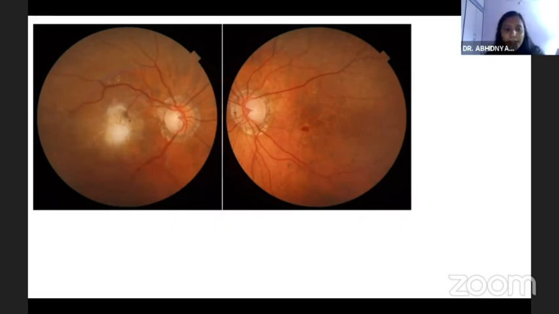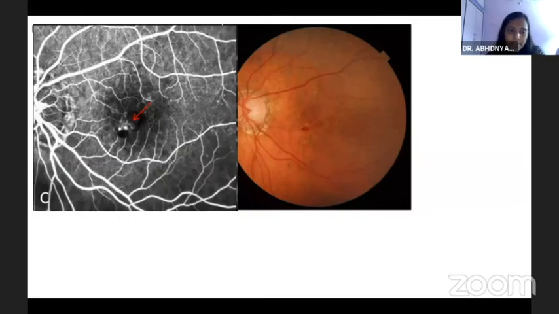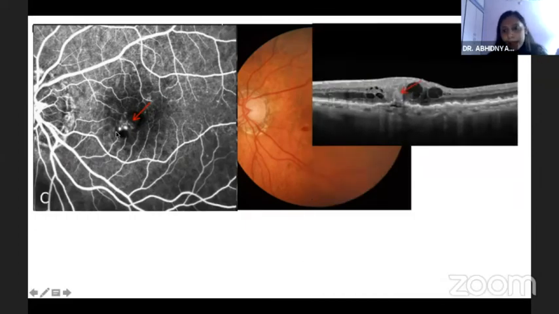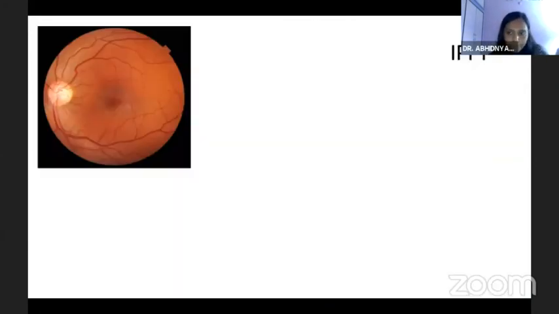So this was a case where there was a right eye scar present, and in the left eye there were subretinal drusenoid deposits with subretinal hemorrhages. And when we did a fundus fluorescein angiography, we saw that there was dilatation of the vessels and leak present, and OCT showed an intracystic fluid compartment with hyperreflectivity in one area. When we did OCTA of this patient, we saw that there was a neovascular complex present in the deep layers. Now, this was suggestive of retinal angiomatous proliferation.